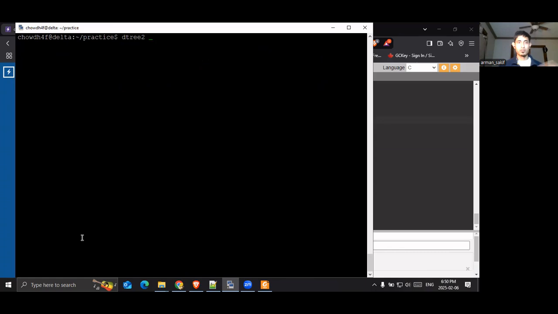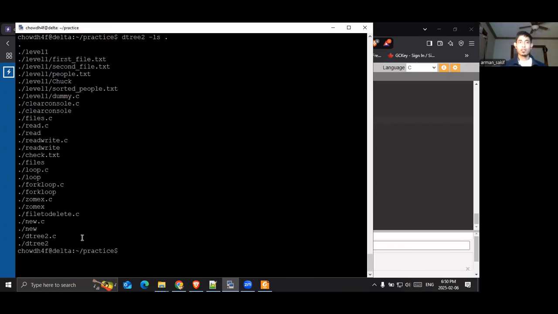I was working on dtree, but there was something wrong with the code. So the second file is dtree2. And the first command I'm going to try is ls, and it's going to be the current directory, and it shows all the files, including the subfolders too. As you can see, if I ls level 1, which is a folder, it has chuck, dummy.c, which are shown